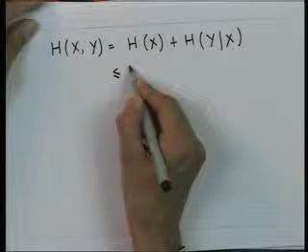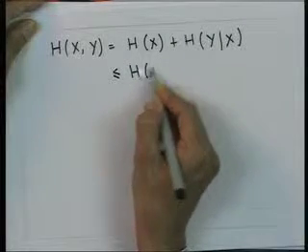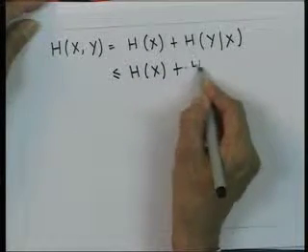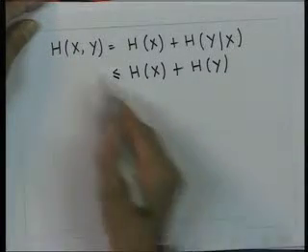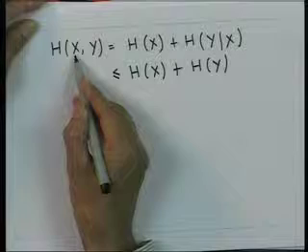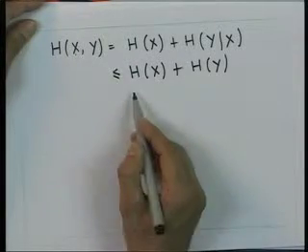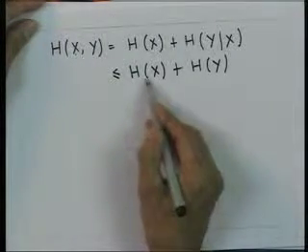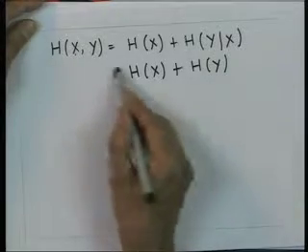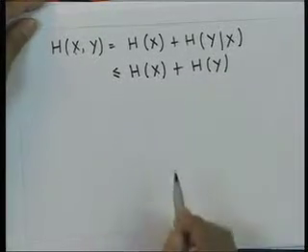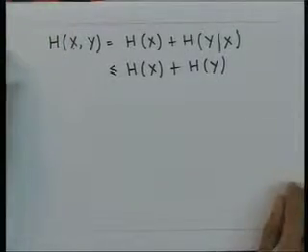So, this will always be less than h x plus h of y. So, the joint information in x and y is always less than the sum of the information in x and y, and they are only equal when x and y are independent. With this little background, we will move ahead